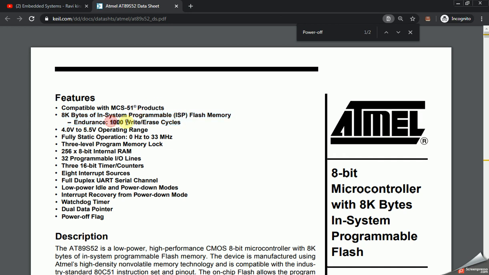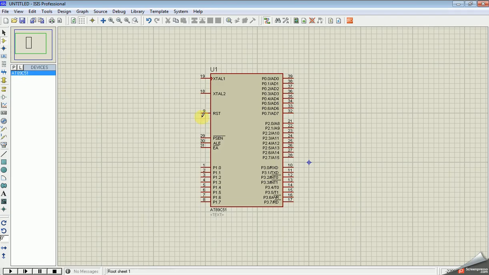The flash memory has 1000 write erase cycles. What does it mean? That means I have a microcontroller that I have flashed with a program for an application. Now I would like to change the program for a different application.